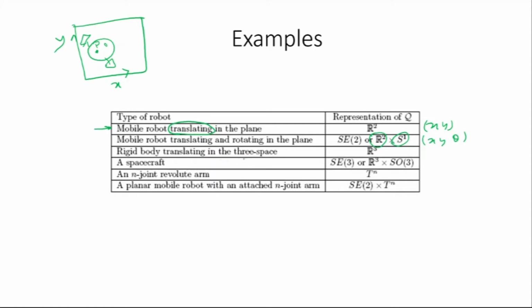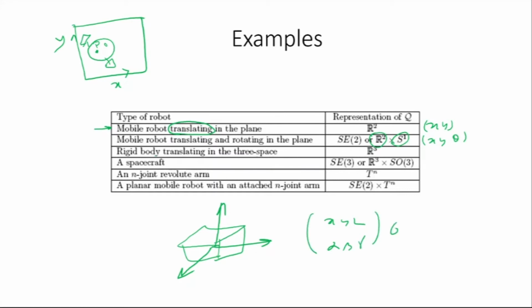Now a rigid body translating in 3D space. So you have a rigid body which is translating in free space, and this is also called a freely floating body. So in this case, how many degrees of freedom? It has 3 translations and 3 rotations: x, y, z, and alpha, beta, gamma. So it is 6. Okay, a spacecraft has 6, so 3 translations and 3 rotations. Okay, so if a rigid body is only translating, then it has only 3 degrees of freedom, right? My x, y, and z. Here it has x, y, z plus alpha, beta, gamma,